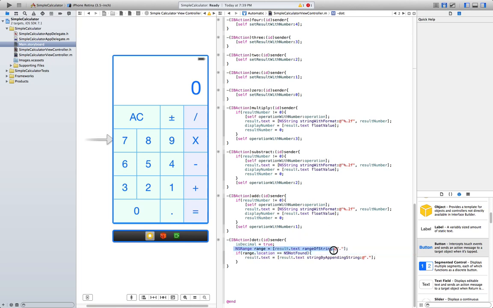What this is doing, it's just checking to see if there's a dot in the label here, and if there's not, it's adding it whenever the user presses dot.